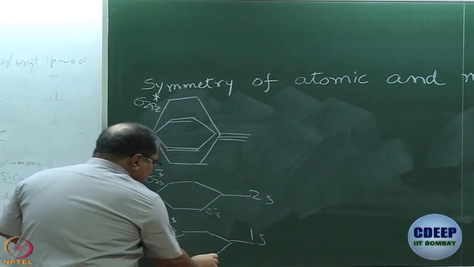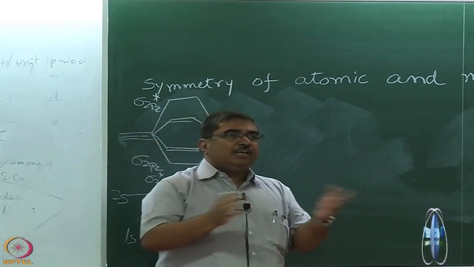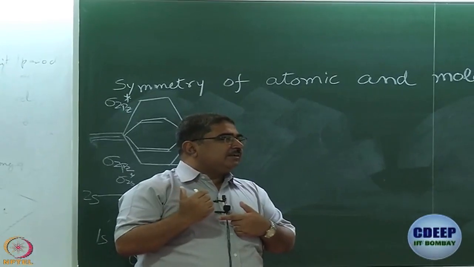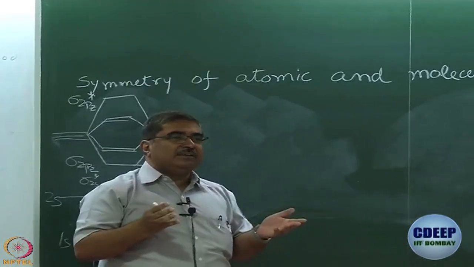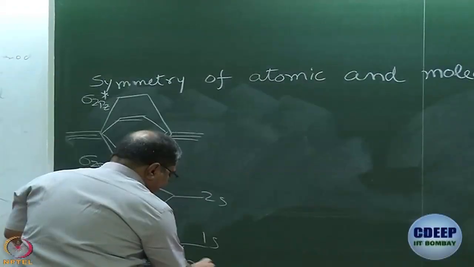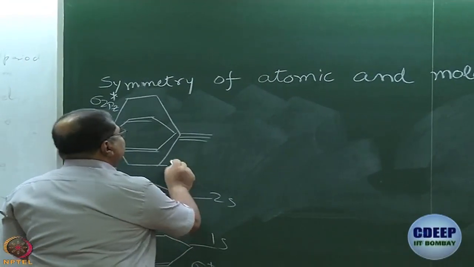This we already established, right, that whenever you have bonding orbitals between two s orbitals, what is the symmetry species? What is the irreducible representation? It is totally symmetric, right. What do you call a totally symmetric representation in D infinity h? Sigma g plus. So, I can say that this is, and there are different ways of writing this. I can say this is sigma g plus, this is also sigma g plus, what about this?